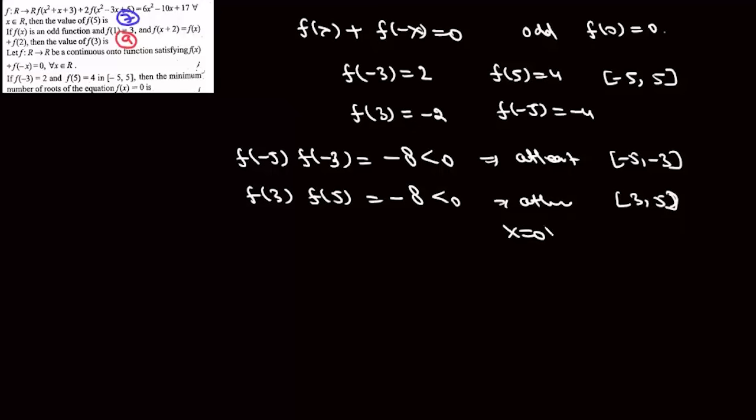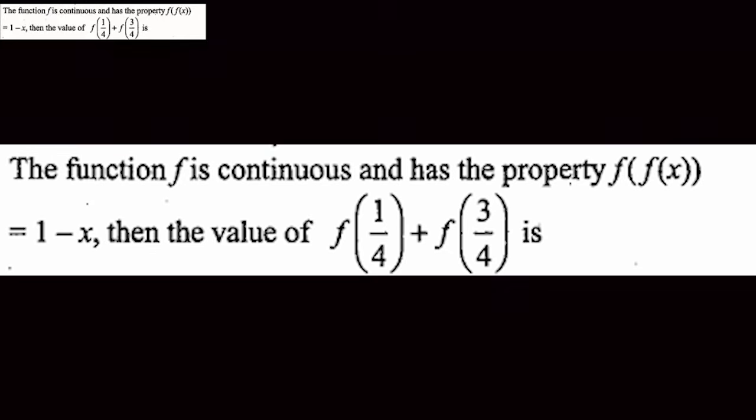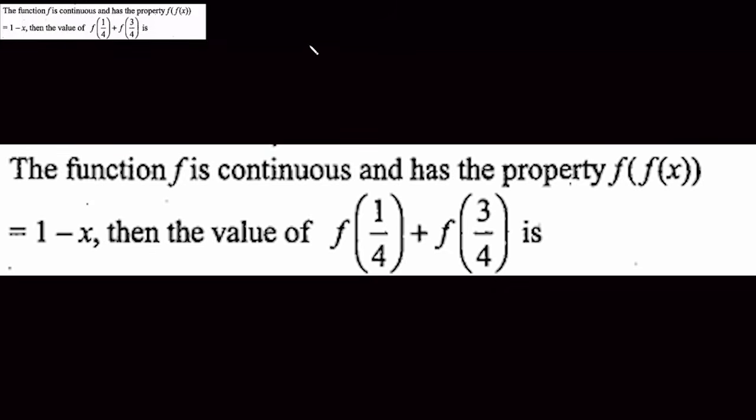And then we have another root, which is that x equal to 0. So this equation will have at least 3 roots. So the minimum number of roots is 3. Now the question is, a function f is continuous and has the property